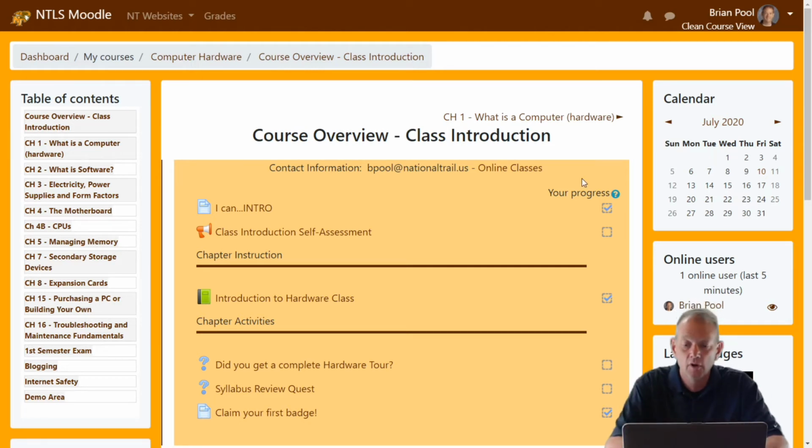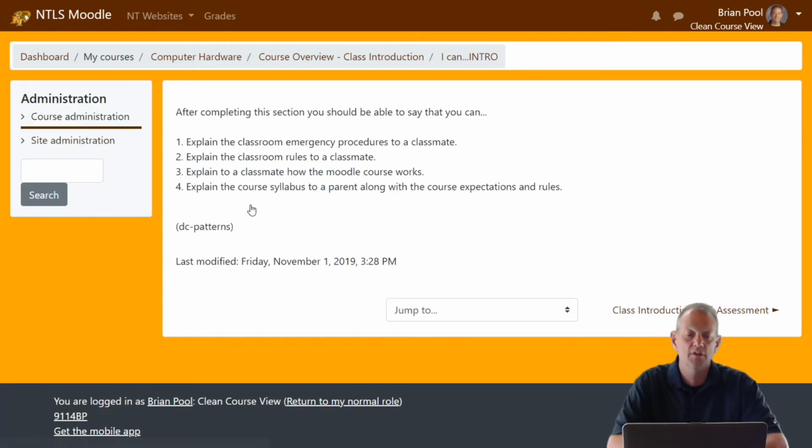And if you look to the right of that, right here, you see a little dashed box that right now has a check mark in it. Dashed boxes mean you have to have done the right thing to complete it. And when it's complete, it has a little check mark in it. And that check mark is then used by other things to make them visible. So when I click on I Can Intro, it loads up and it says